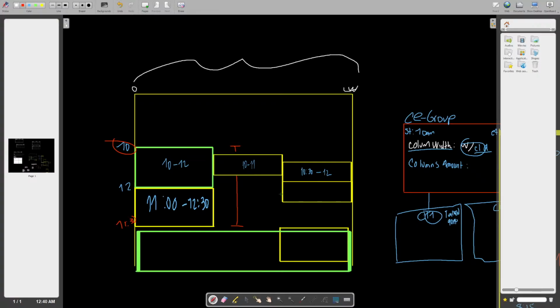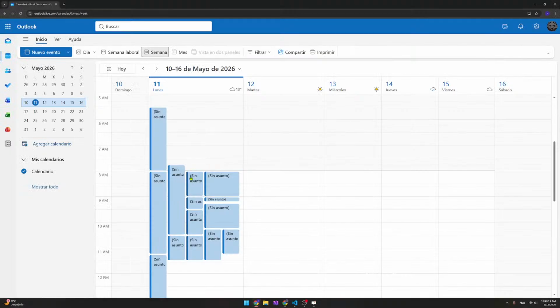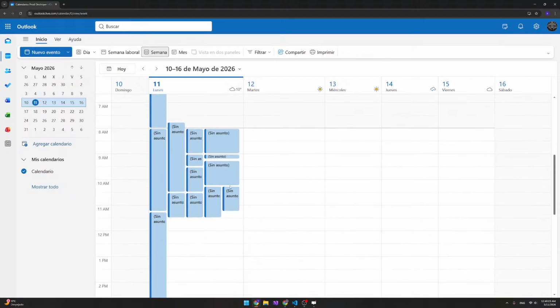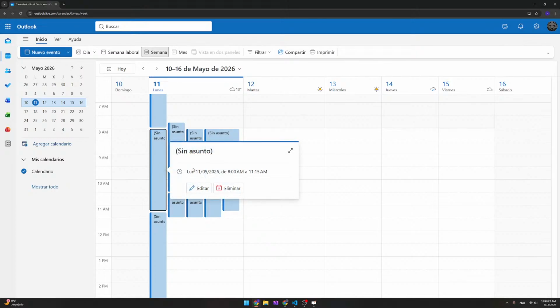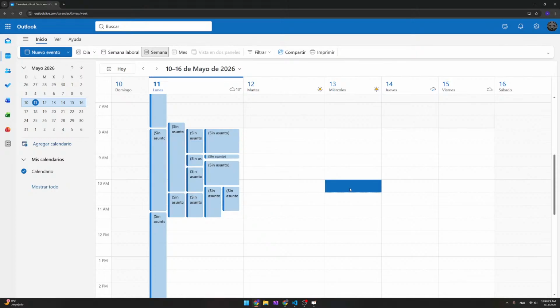But what I see is that as soon as you have a joint, it just puts it there in the Outlook. Look, as soon as it has a joint, I mean, if it gets joined here, let me just, I don't know,